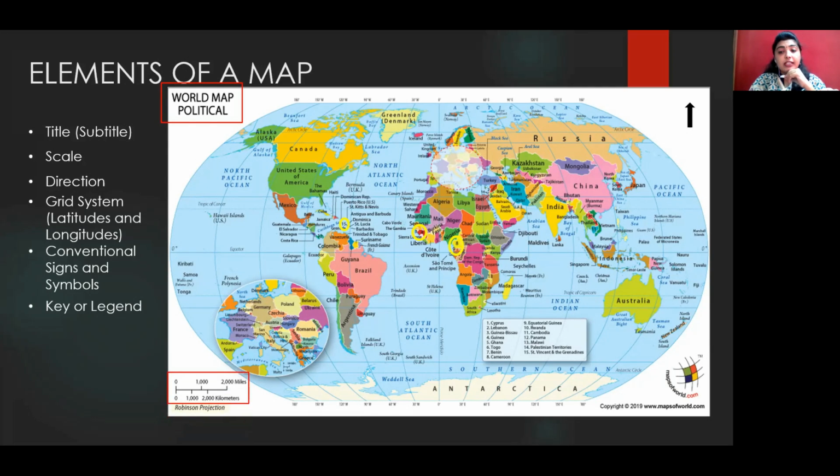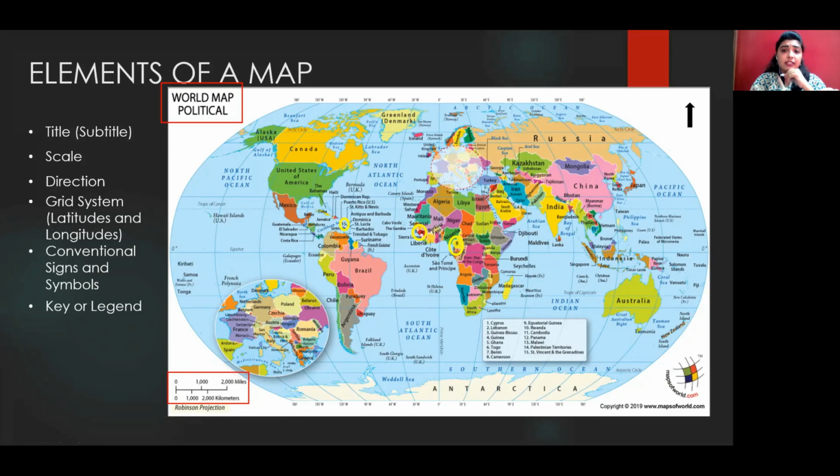The second important thing that has to be given in a map is scale. Like the definition I just told you, that it is drawn to scale, that scale has to be mentioned in the map somewhere or the other. It is generally mentioned at the bottom of the map, as you can see here. It is either on the left hand side or the right hand side at the bottom. Here you can see that a graphical scale has been given, so it is easy when I want to find distances between two places. This scale will definitely help me in finding out the distance between two places on the map.